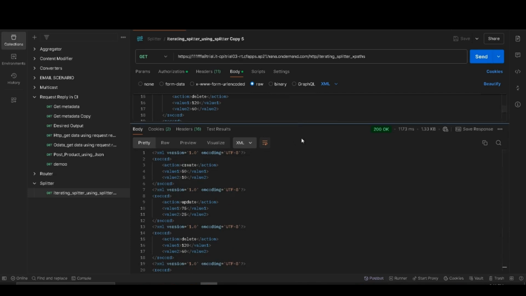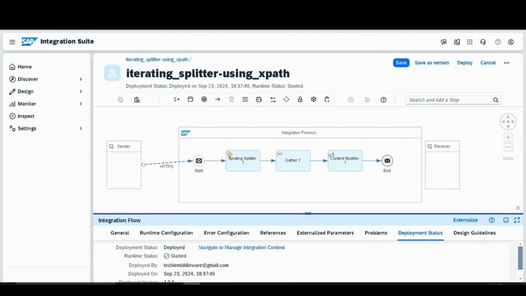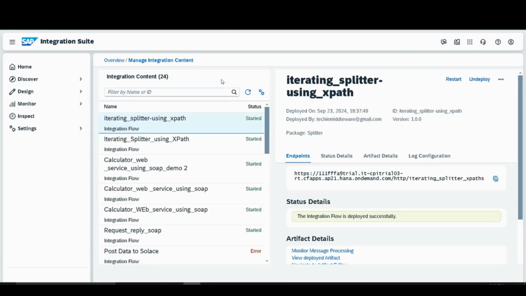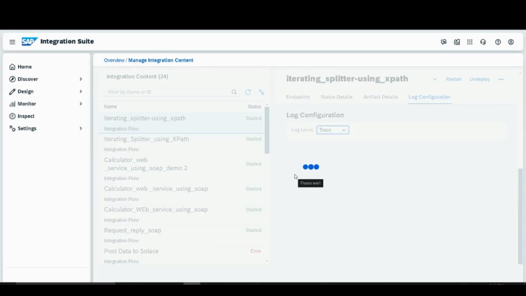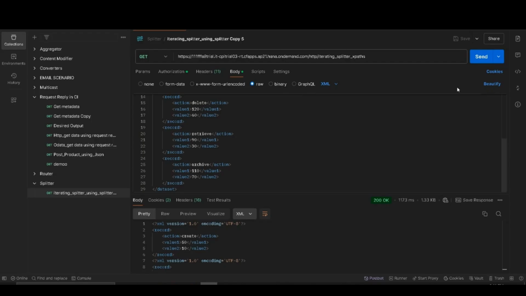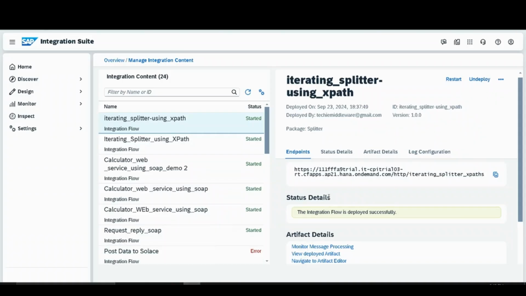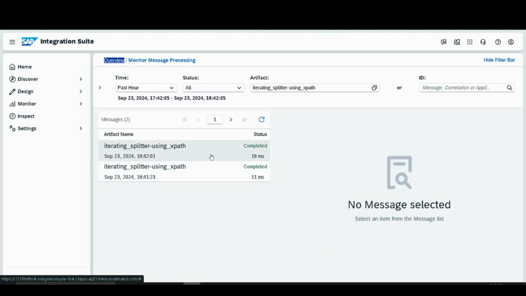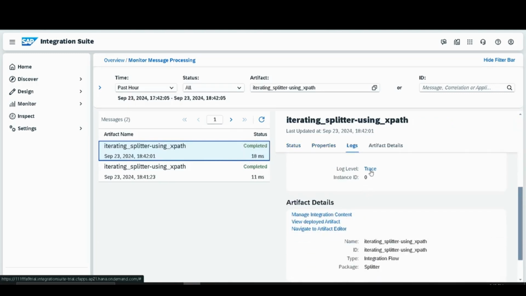So to learn it briefly, just go to the integration flow, go to our trace, and here just log level trace, change it, then after that send it again, then go to our monitoring message processing and go here, just go to the trace,